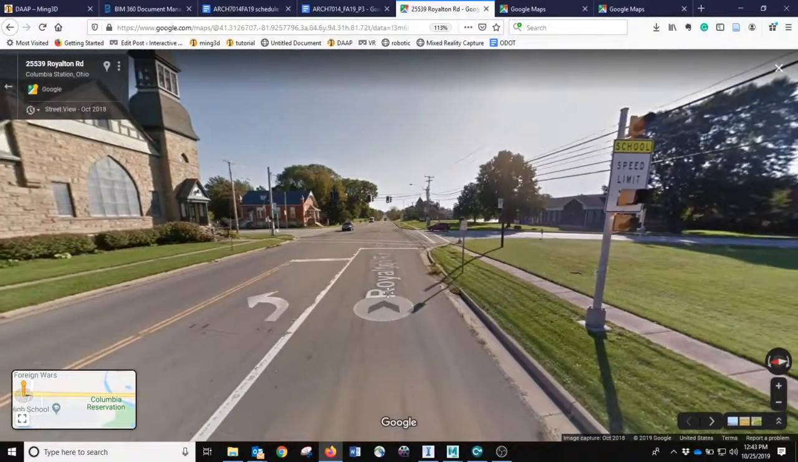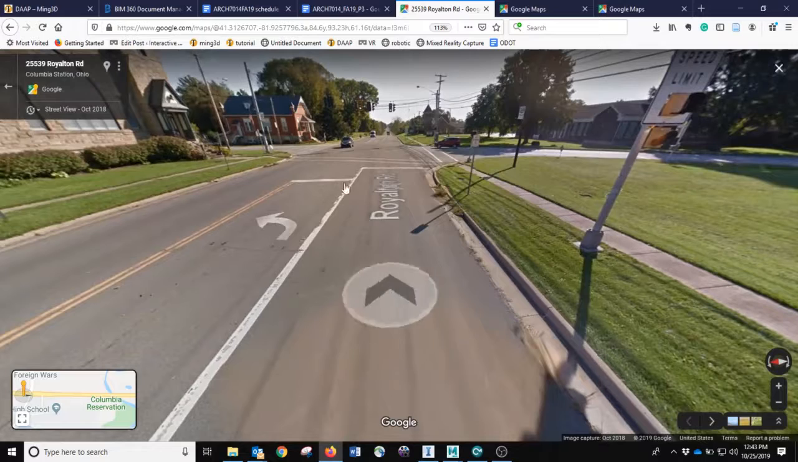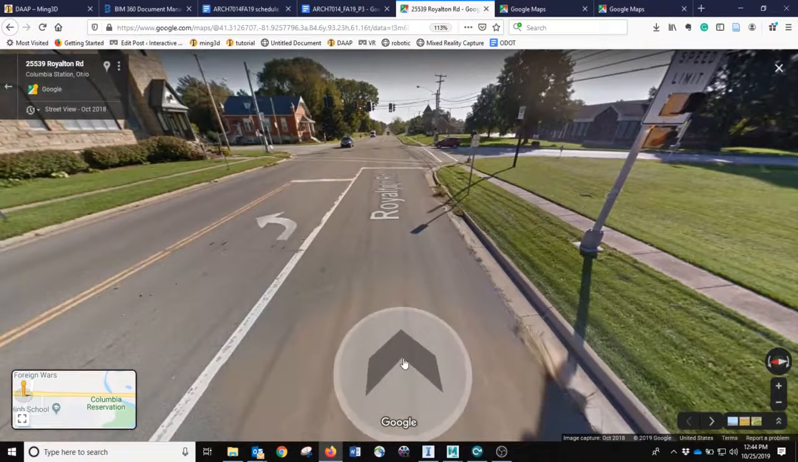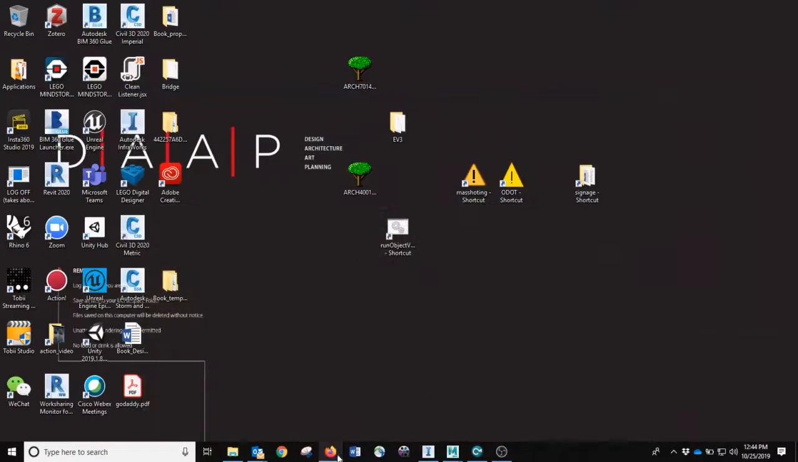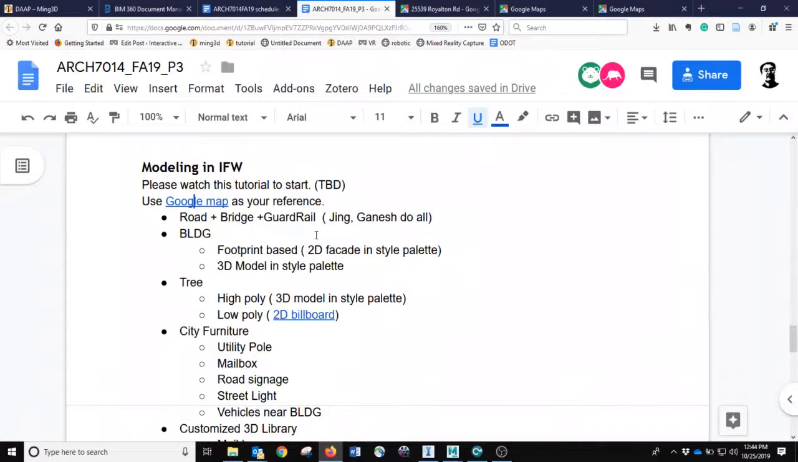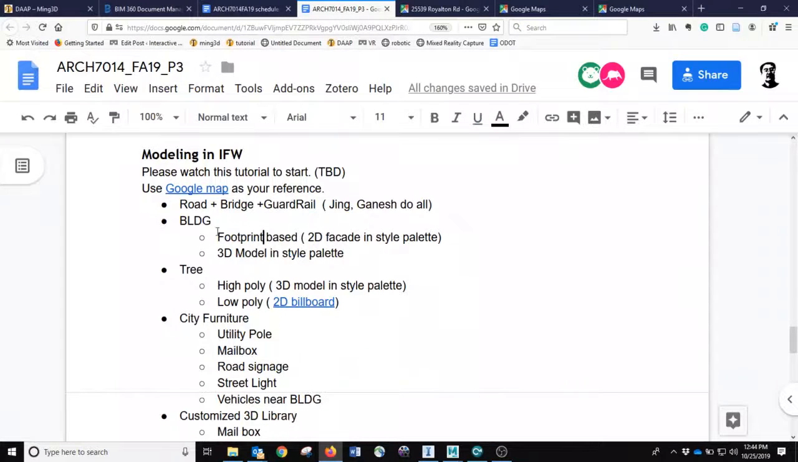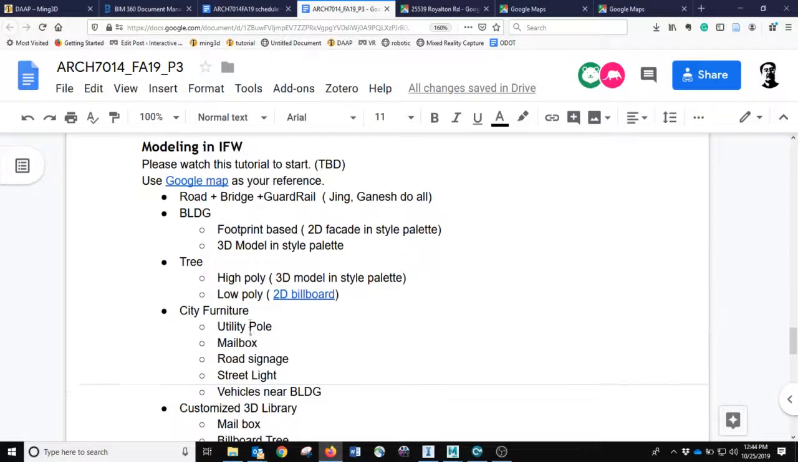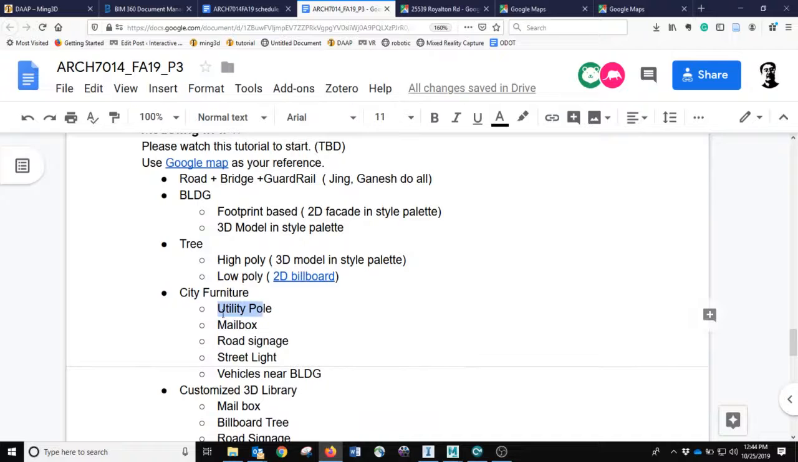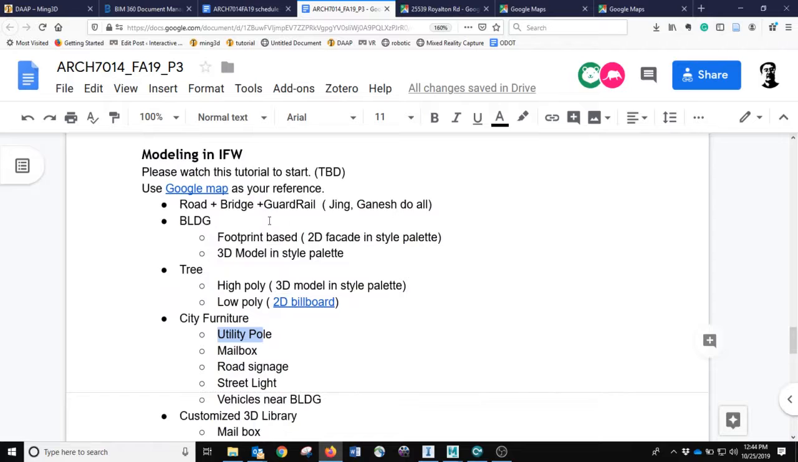Okay, so the tutorial I would like to give you for today is just how we're going to start with a basic building, and we might do another tutorial for trees, and another tutorial for other city furniture like utility poles, mailbox, street light. So we'll break this down into multiple tutorials, and this one is only focused on the building